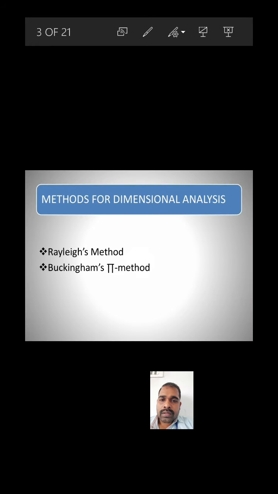So again, it comes under the method of dimensional analysis. One is Rayleigh's method and the other is the Buckingham pi theorem method, in which we have completed Rayleigh's method. Now let us see the Buckingham pi theorem method, right? So what is the Buckingham pi theorem method? Here the pi term is very important. It is a dimensionless group. From that we are going to calculate the final expression for a complicated engineering problem.